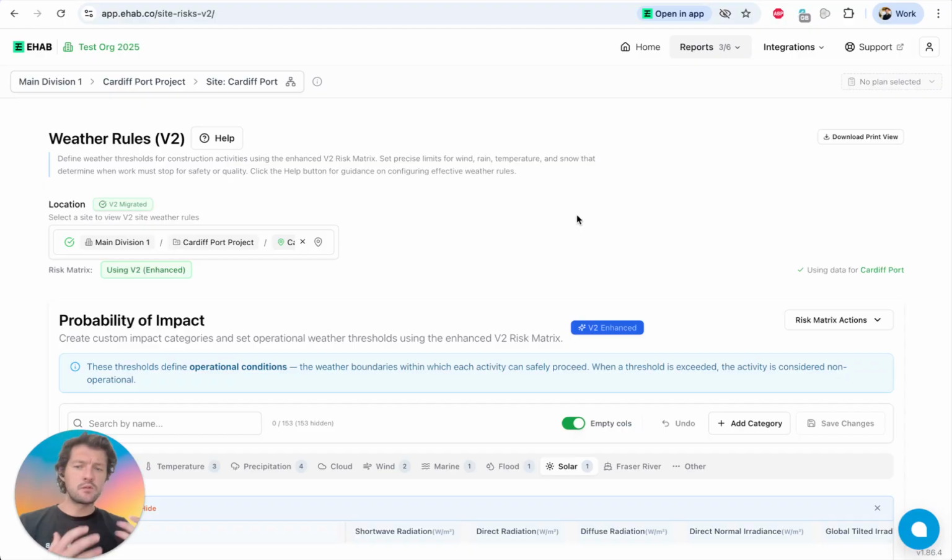And the reason the v2 is good is because it has so many more weather variables and different data granularities that you can utilize for looking at risk on your projects. So it looks a little bit different to how it used to look. And so I'm just going to go